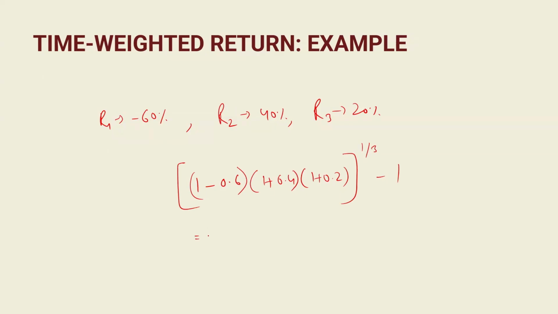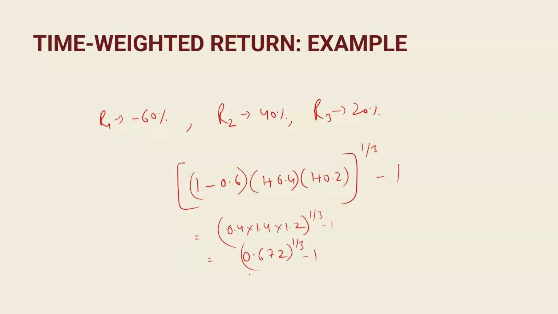Quickly tell me what's the answer. Just send your answers. I'll be back in a minute. Okay. So is everyone getting the same result? Negative 12.39%. These are simple calculations. Come on. 1 minus 0.6 is 0.4, then multiplied with 1.4, multiplied with 1.2. So 0.4 multiplied with 1.4 multiplied with 1.2. It gives you